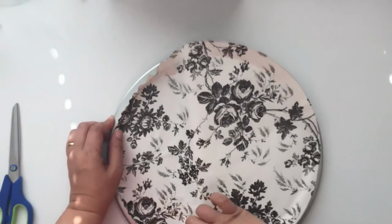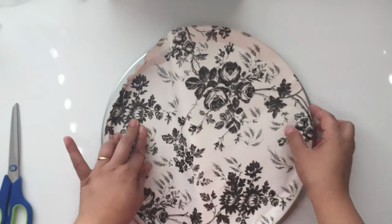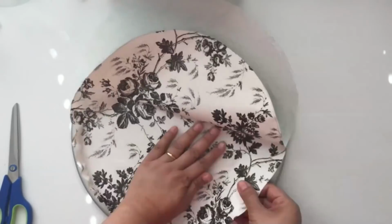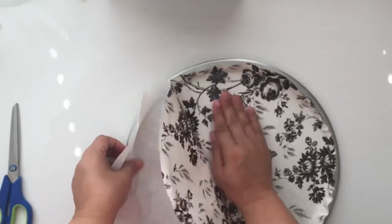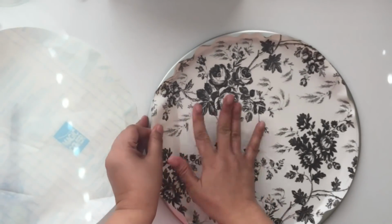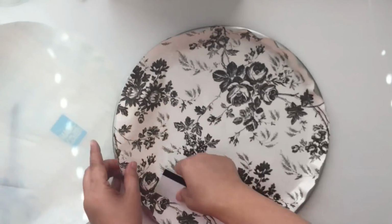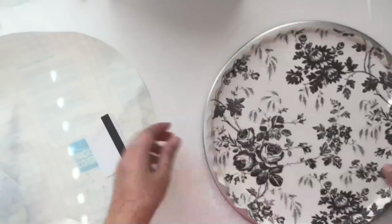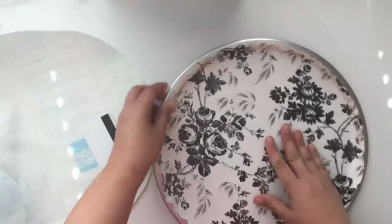And then I am just going to be spreading and attaching my contact paper to my pizza pan, making sure that there's no bubble. I'm also using an old card, or a credit card would do, to just remove the air bubbles. And then I am just pressing the border